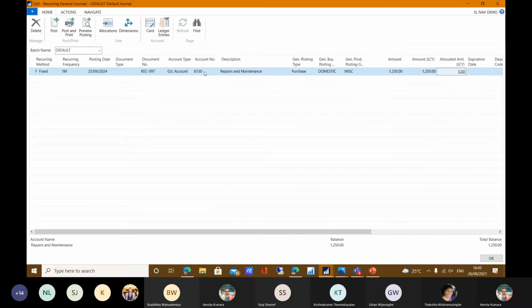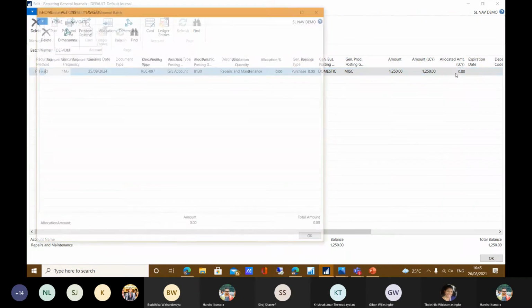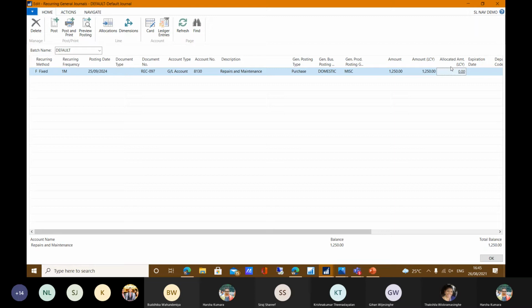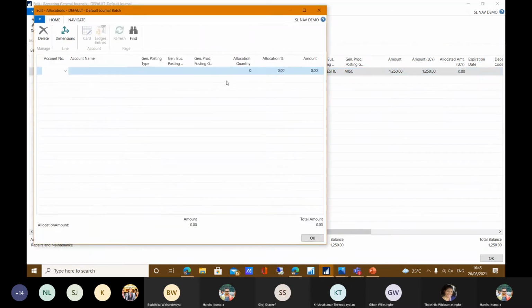This 1250 you can segregate to different accounts, and you can post your credit posting line to different accounts. Let's say your expense will be repair and maintenance 1250, but your credit can be two different payable accounts. That also we can allocate using the allocation rule. Allocation rule means you can desegregate this 100% of the 1250 into two different accounts. We can easily do that with a click of the allocate amount button here, and the system will pop up another menu for assigning both accounts.